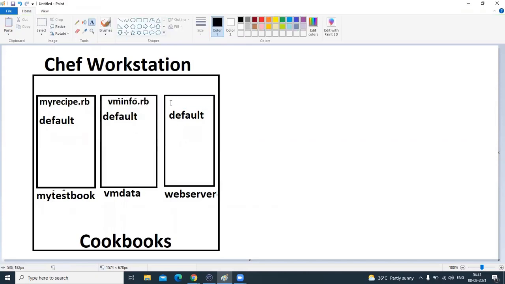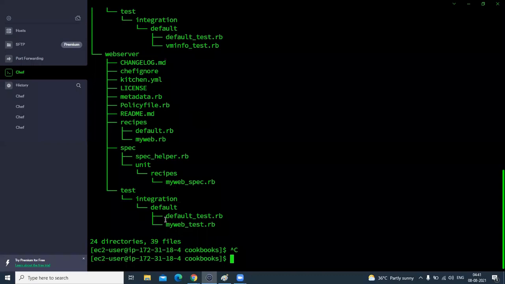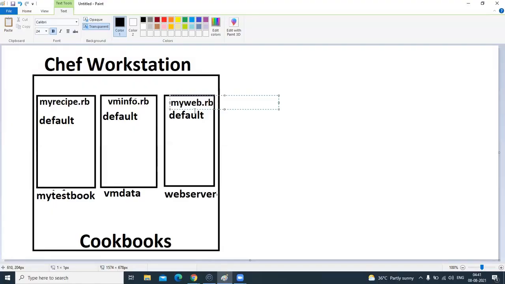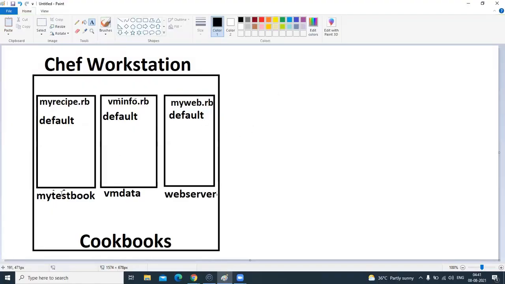And the third one is myweb.rb. So these are the three cookbooks here: my test cookbook, VM data, and web servers.